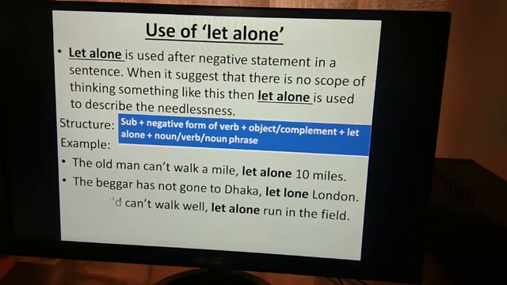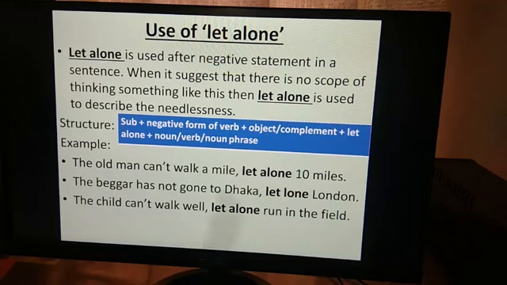Like this, another example: the child can't walk well. The child has not yet learned how to walk. Very infant. The child can't walk well, let alone run in the field. The child can walk, yet has not learned how to run. So: can't walk well, negative form of verb, object well,